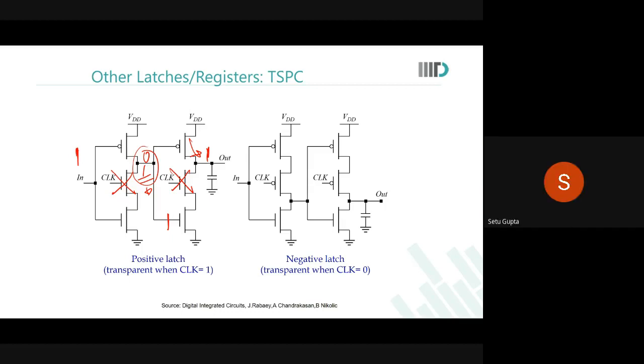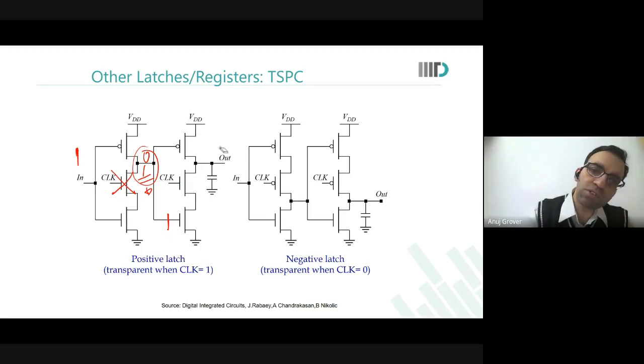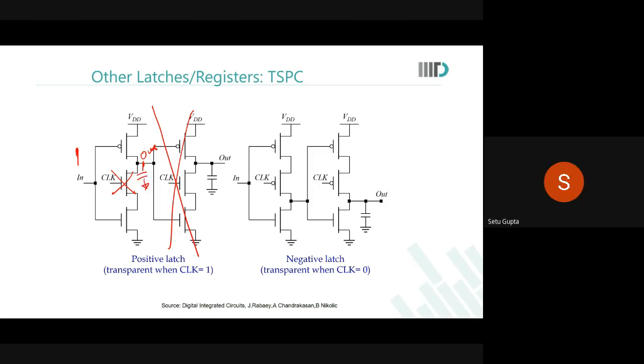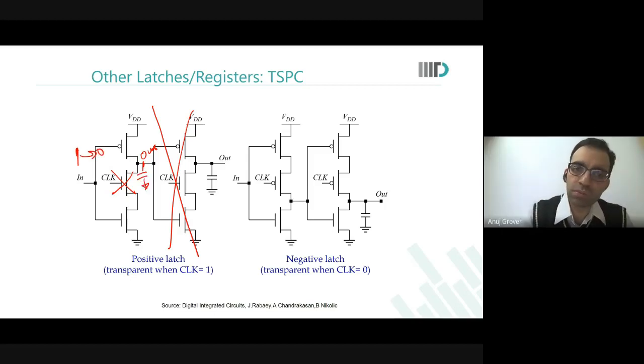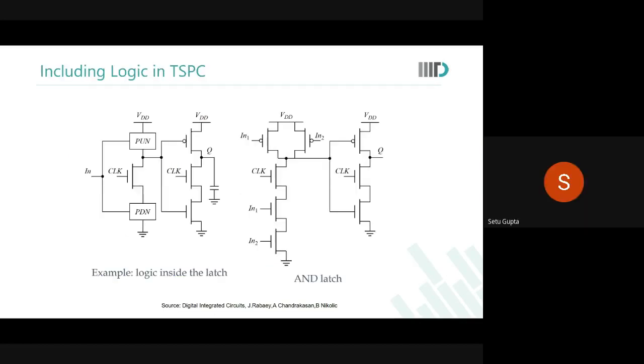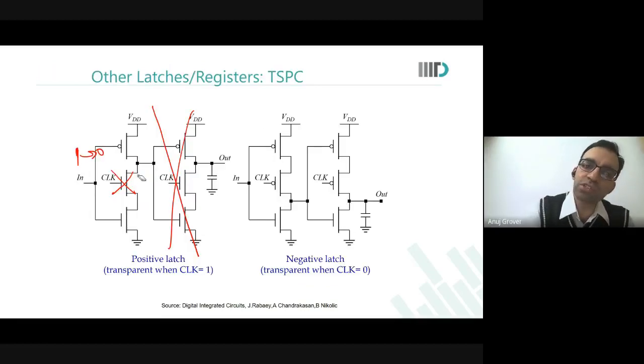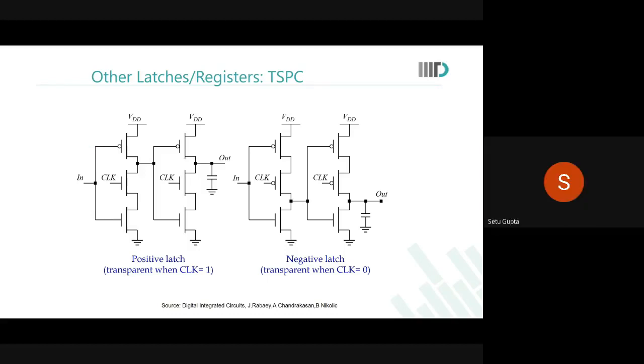Yes, yes. Now let us say the second thing was not there. Let us say this was not there. Let us say this is your output. Now your input was 1. Clock goes to 0. Clock goes to 0 means input is held at 1 on a capacitor. Yes, yes. Now input goes to 0. At once your output will go to 1. Oh, okay, fine. So it's not a latch. If you have just one of these, then it's not a latch. Okay. Thank you.